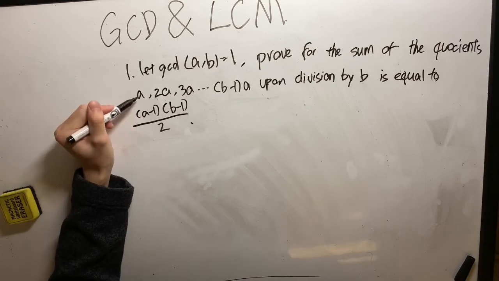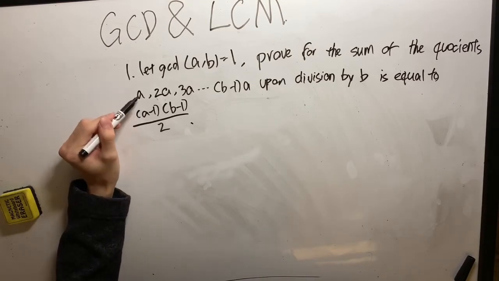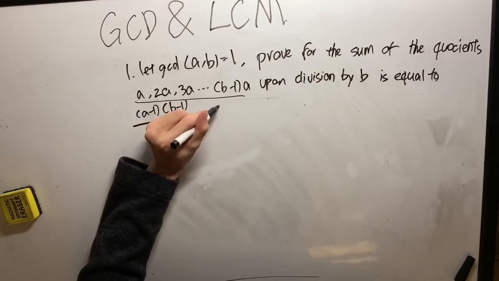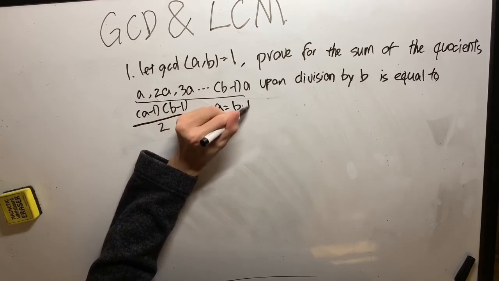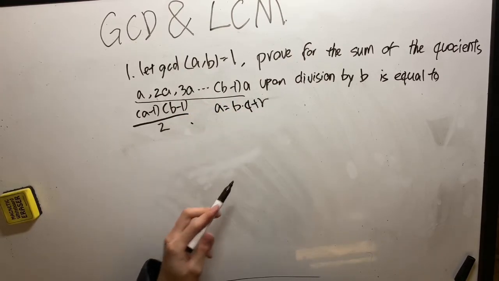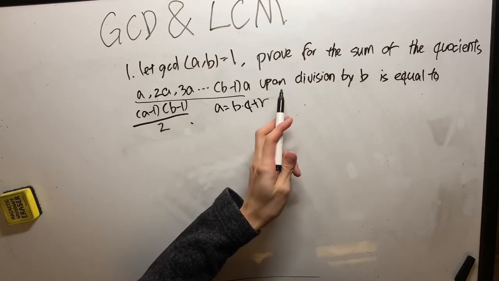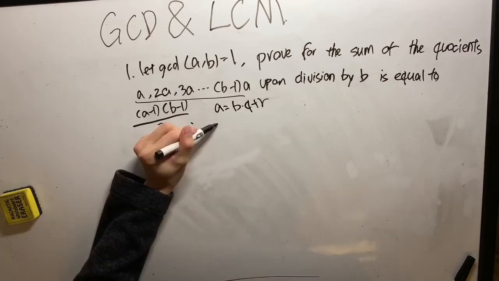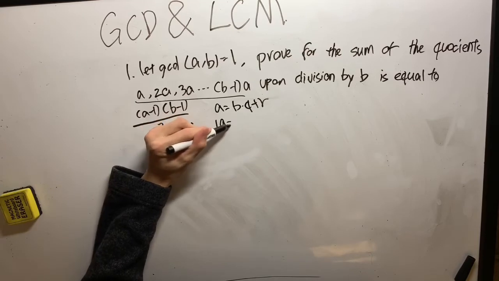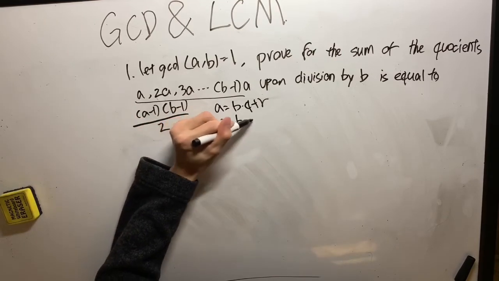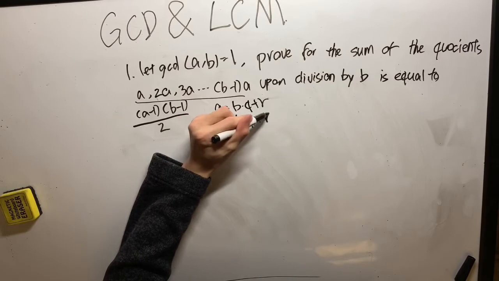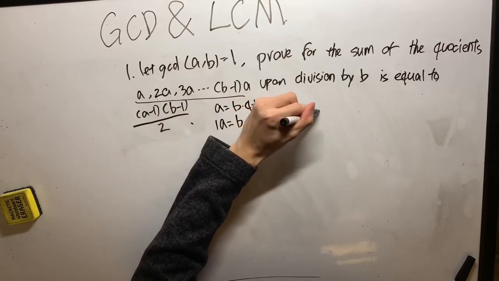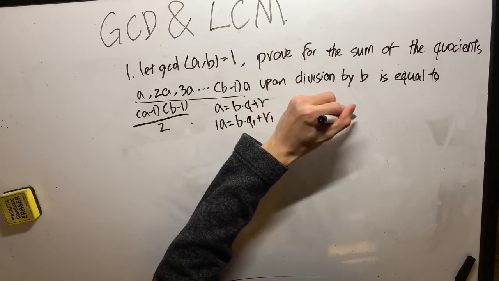So let's write the form of these numbers as A equals B times Q plus R, because we are making the division of A upon B. So 1A equals B times Q1 plus R1, and 2A equals B times Q2 plus R2,